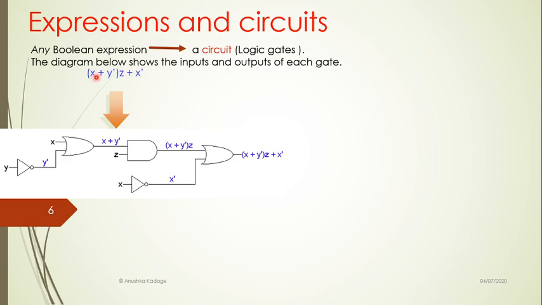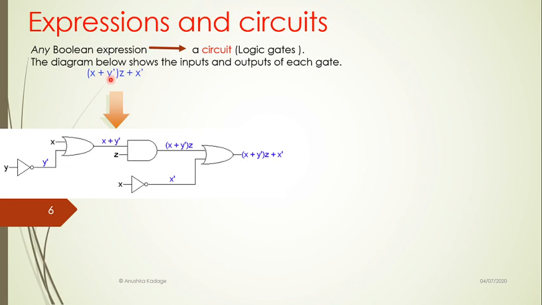So we will go one by one for the gate inputs and outputs to be specified. Let's check for this OR gate. So for this OR gate, I will have two inputs as x and y complement. But this y complement is to be obtained from an input y using the NOT gate. So this OR will be giving out the output which is presented by this bracket.